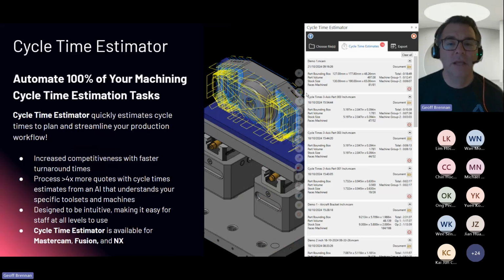And then, like I was mentioning, for using the CAM program for estimation, we've had customers when we initially started to sell Cam Assist that were only doing estimation. So they sent out 20 or 30 quotes for every job they actually machine. So the time taken to do this step is really important and a drain on their system. It's a drain on their CAM programmers. So we've brought an estimation feature into Cam Assist so that you generate the CAM program and then use that CAM program to provide the cycle time estimates back out as an output.